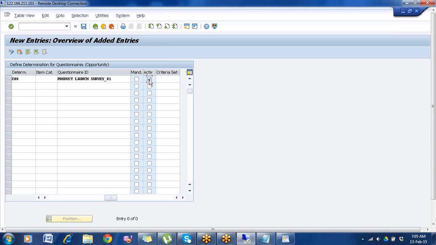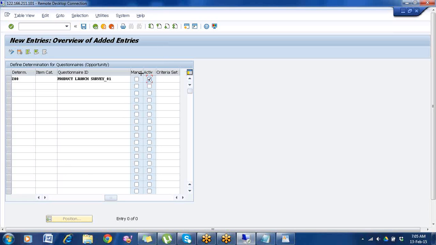Sometimes in the interview they can ask you: you have configured a questionnaire and assigned it to the opportunity, but it is not reflecting in the front end. What are the possible reasons behind this? How do you debug it? We can say there are two main possible reasons.